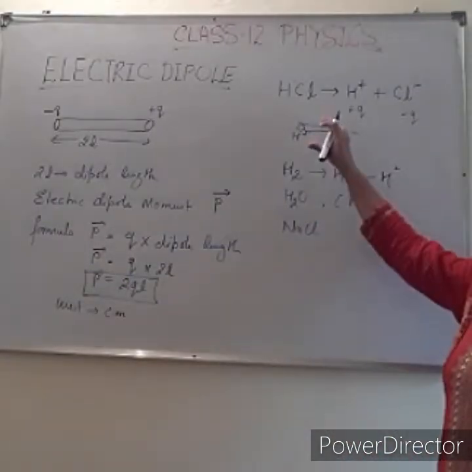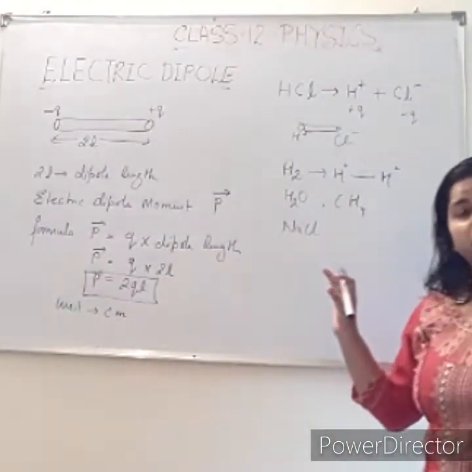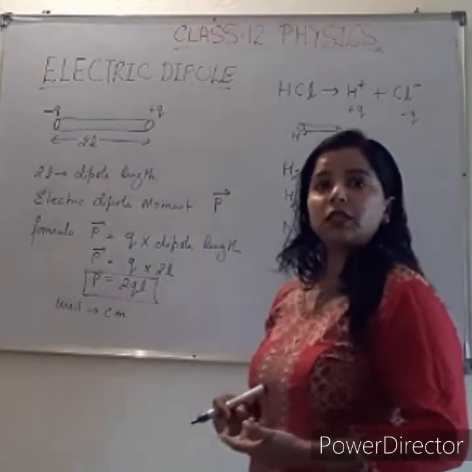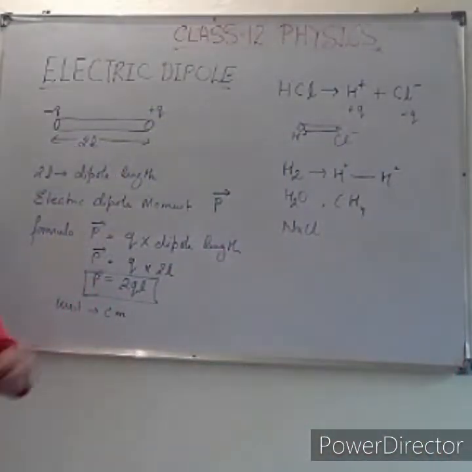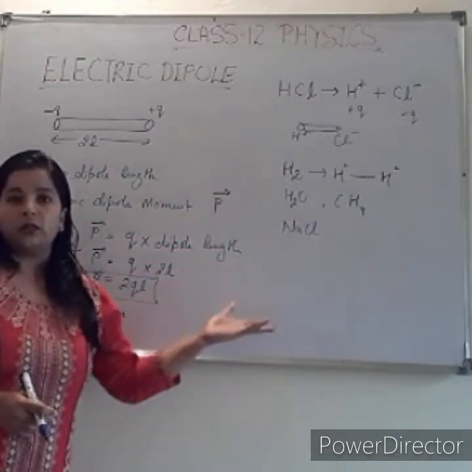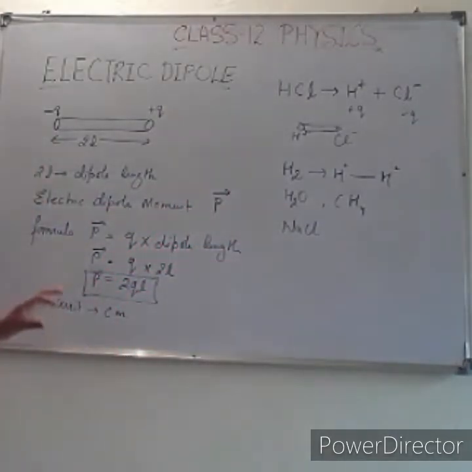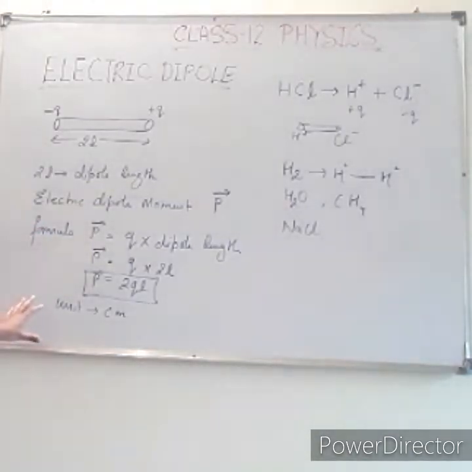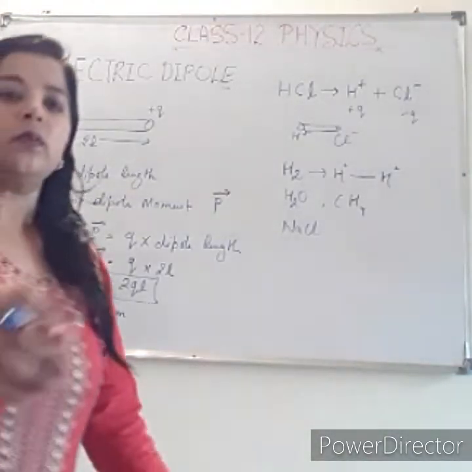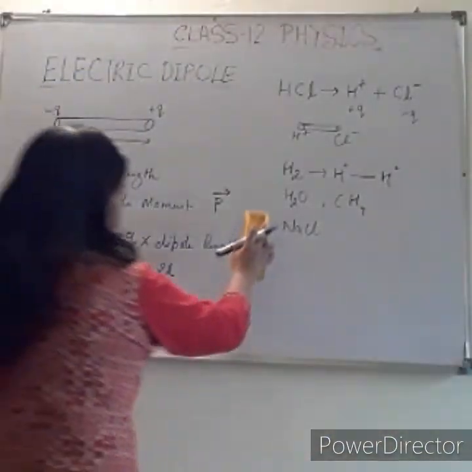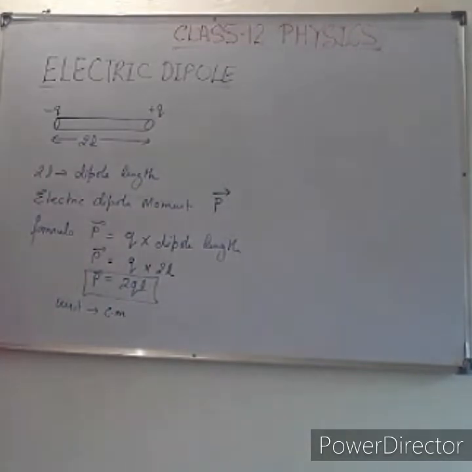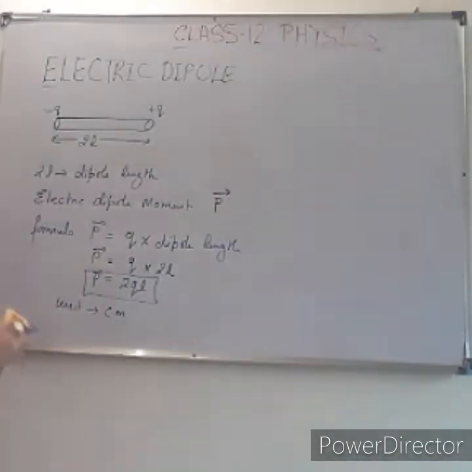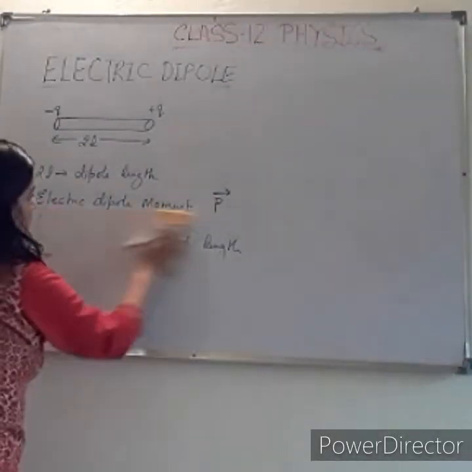So these are the physical significance of electric dipole. That means an electric dipole is present in a molecular structure where there is an electrovalent bond, not a covalent bond or coordinate bond. So this is the physical significance and the basic terminology regarding the electric dipole. Afterward we will read the cases of electric dipole. One case is the torque.